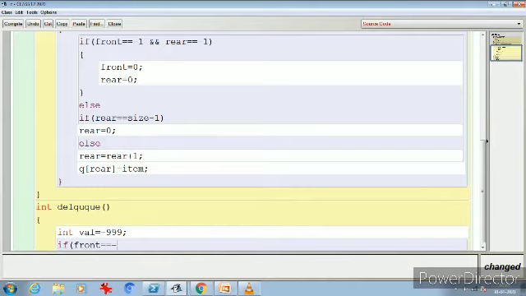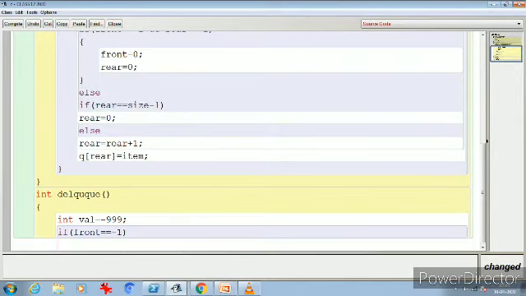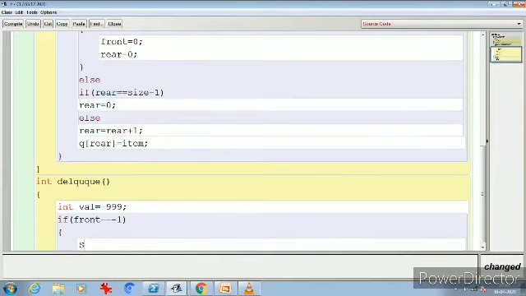So I will write System.out.println queue underflow. If you want, you can write circular queue underflow also, and then just return val, okay, and close it off.